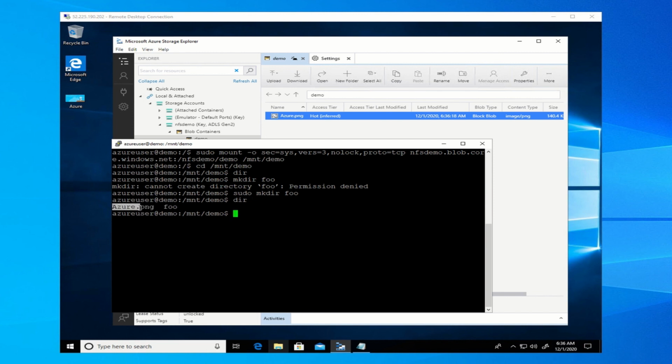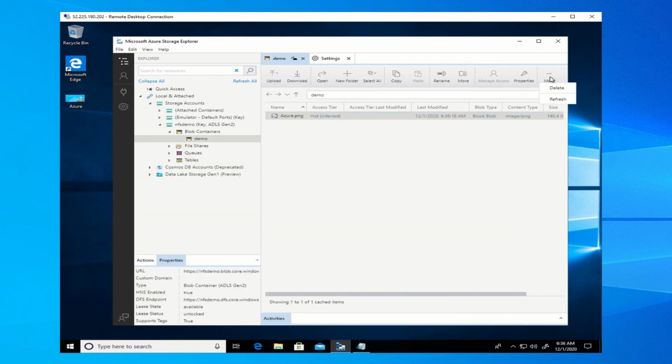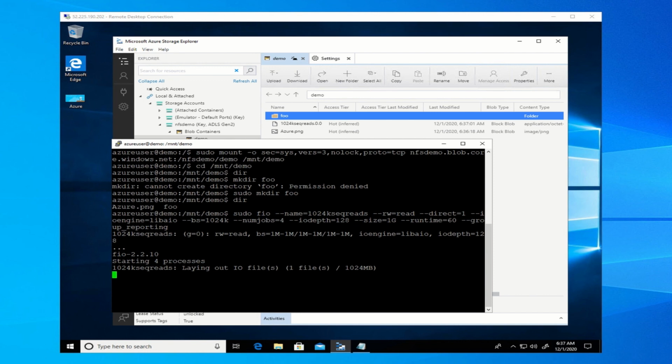Now the last thing I'll do is from this Linux VM, I'm going to also run an application called FIO, for File Input Output Testing, which will actually do multiple read-write attempts directly against the storage account across 4 different processes. So it's more of a stress test. And when I do that, I also see that file show up on the Windows side as well. So in this demonstration, I showed the concurrent protocol access between NFS as well as the Blob REST protocol from 2 different VMs running within that same VNet.